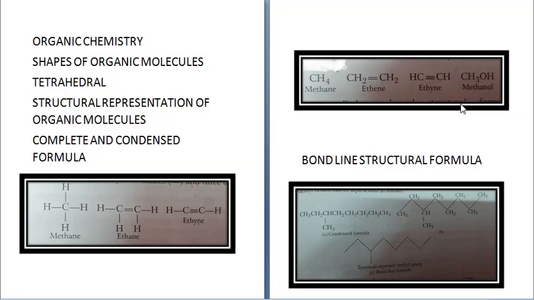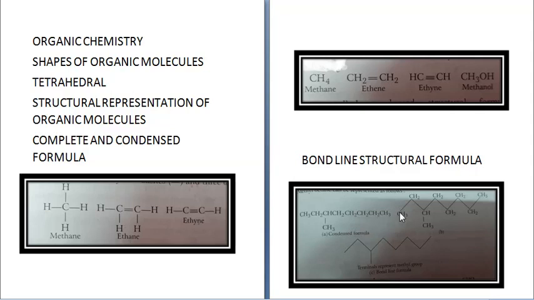So let us take an example: 3-methyl octane can be represented like this. This is the condensed formula by which you can represent it. See, octane means there should be 8 carbon atoms. The chain should have 8 carbons: 1, 2, 3, 4, 5, 6, 7 and 8. And on the third carbon you have a methyl group: 1, 2, 3. So you have a methyl group over here. So this becomes 3-methyl octane, with all single bonds.